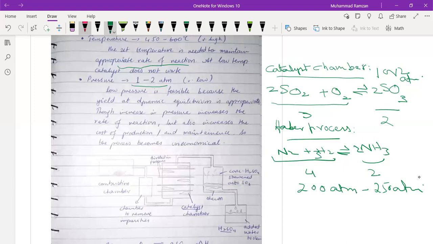So this is the reason to make the process economical. We prefer pressure should be low due to the higher Kc or Kp value. Now I read this. Look, please. Low pressure is feasible because the yield at dynamic equilibrium is appropriate. Means in ammonia, the yield is less at dynamic equilibrium. Over here,